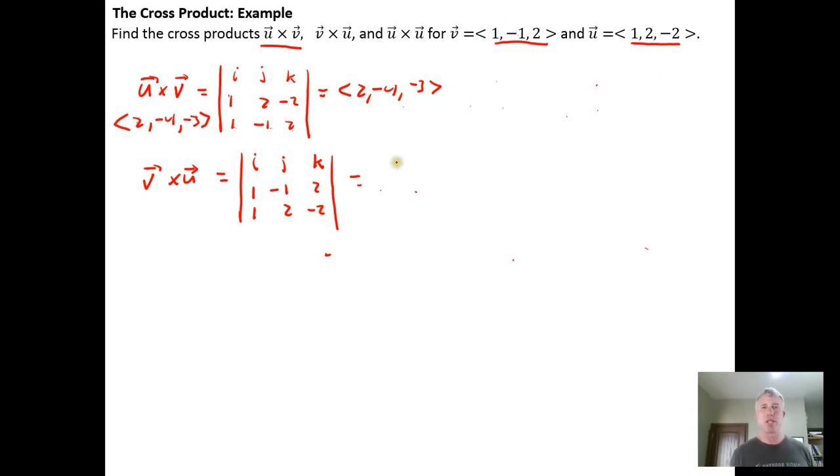And then we would do this calculation, I times, we cross row 1 and column 1, we get negative 1, 2, 2, negative 2, minus k times, and we'd cross row 1, column 2, we'd get 1, 1, 2, negative 2, plus, and then we would get j times,